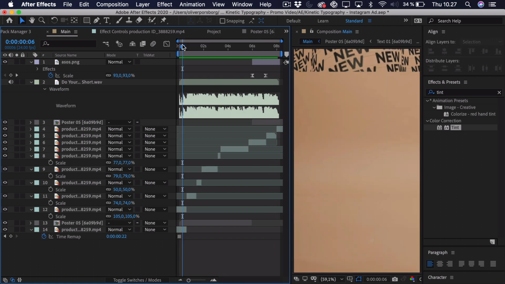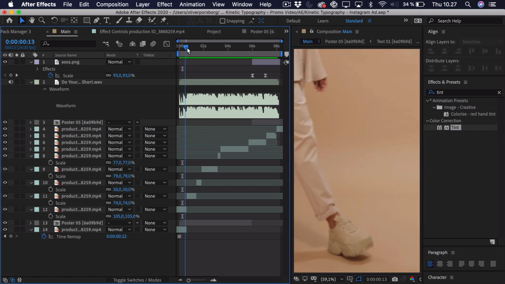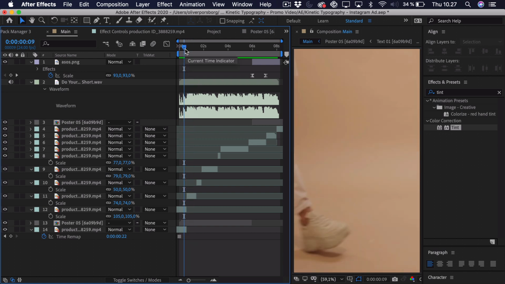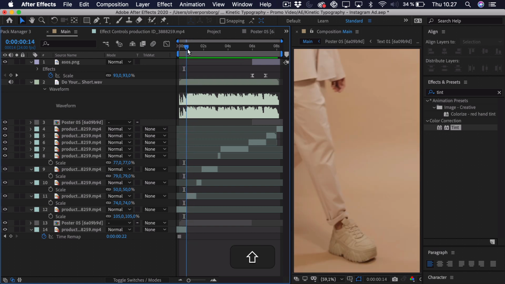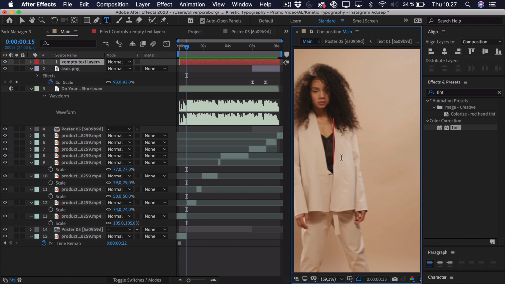So now the last thing that we sort of need to do is add the slogan, which is Discover Fashion Online. And I think that we can just make this text appear as we make some of these quite glitchy cuts. So the first text should appear here at the first cut. And I'll just go to this point, go to the text or type tool, click, and I'll type in discover